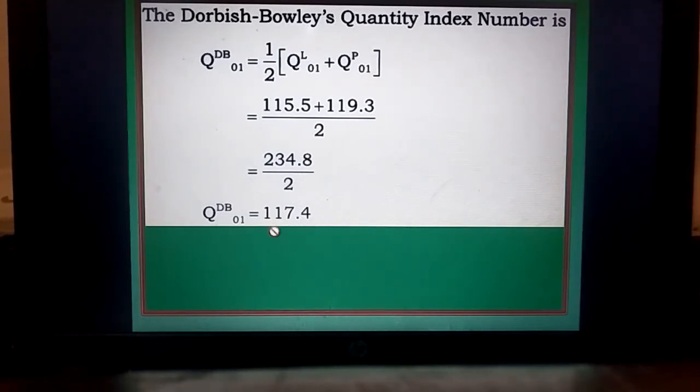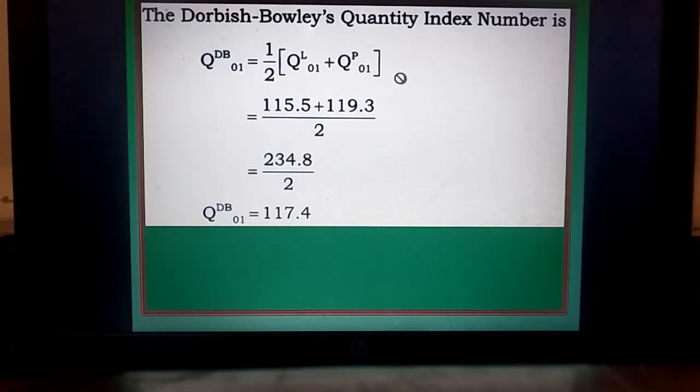So 17.4% increase in quantity level of commodities consumed in current year as compared to base year based on Dorbish-Bowley's quantity index number. So next,